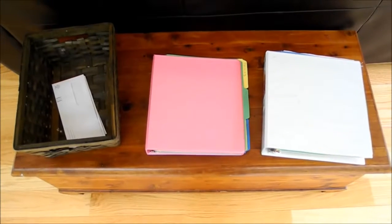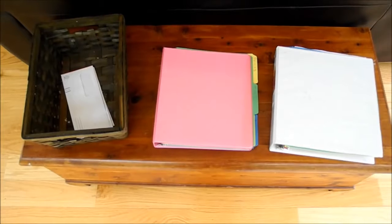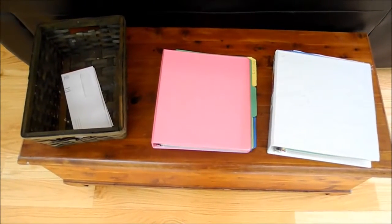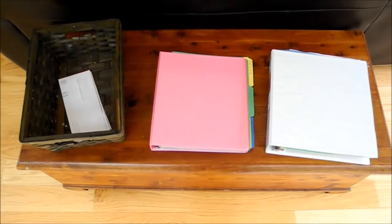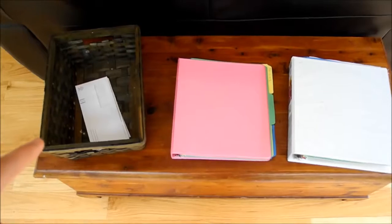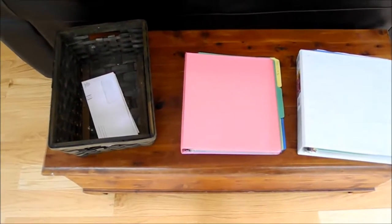Now, according to Marie Kondo, she has 3 categories when it comes to saving papers. And this is across the board, all papers should either go into one of these 3 categories. The first is needs attention. So for my needs attention category, I'm going to have a basket located in the kitchen, and this is where everything is going to go